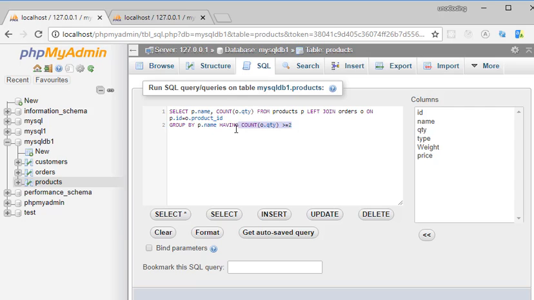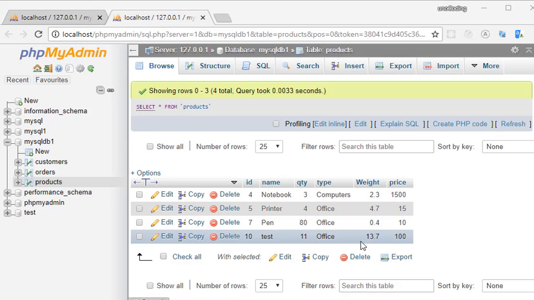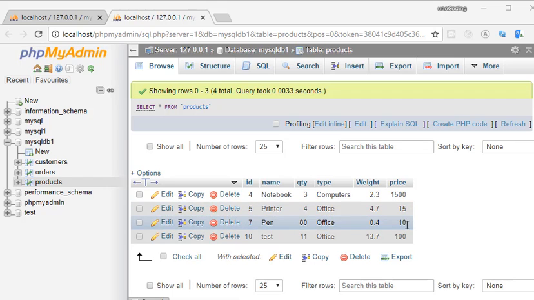So instead of all of the count OQTY, we put p dot price bigger than 20. So if we look here, printer and pen have prices lower than 20, and notebook and test have higher values than 20. Now if we go ahead and click on go,